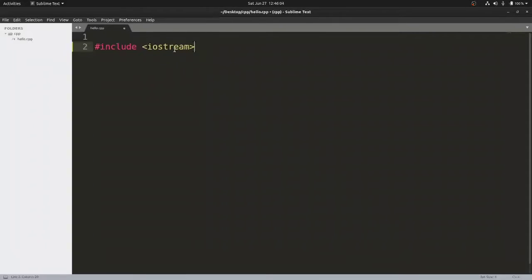Before your program actually goes to the compiler, there is a module called the preprocessor which replaces these #include lines. So this is a command for the preprocessor. These kinds of lines are also called preprocessor directives because they give direction to the preprocessor to do a particular task.